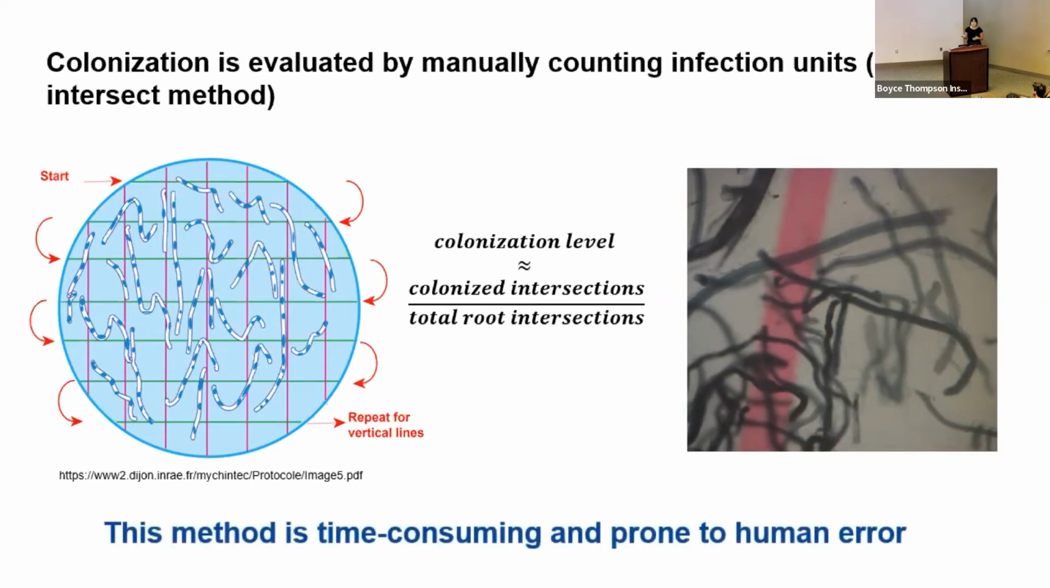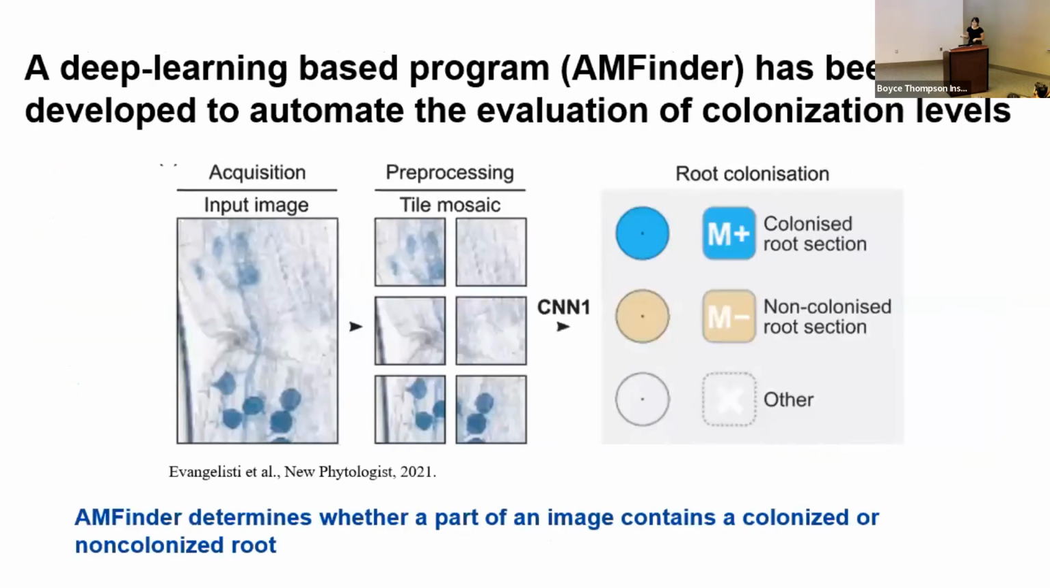Overall, this results in a method that's really time-consuming and also largely subjective and prone to human error. So given the flaws of the grid intersect method, a program was recently developed by a lab at the University of Cambridge called the Arbuscular Mycorrhizal Finder, or AmFinder. This is a deep learning-based program that uses image recognition software to determine whether roots are colonized or non-colonized in